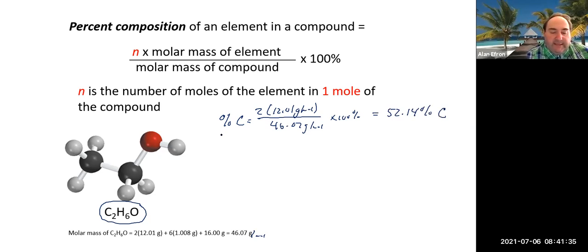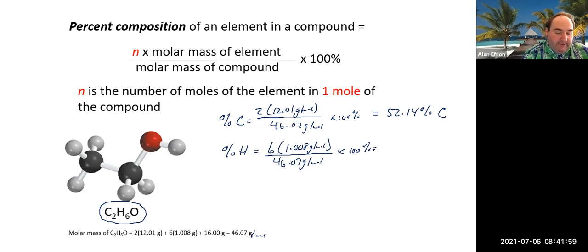carbon. We could do the same thing for the hydrogen here. For the percentage of hydrogen, in the formula there are 6 hydrogens. So we would take 6 times the molar mass of hydrogen, 6 times 1.008, divided by, again, the molar mass of the entire compound, and times 100%. That would be 6 times 1.008 divided by 46.07, times 100, which gives 13 in terms of the percentage